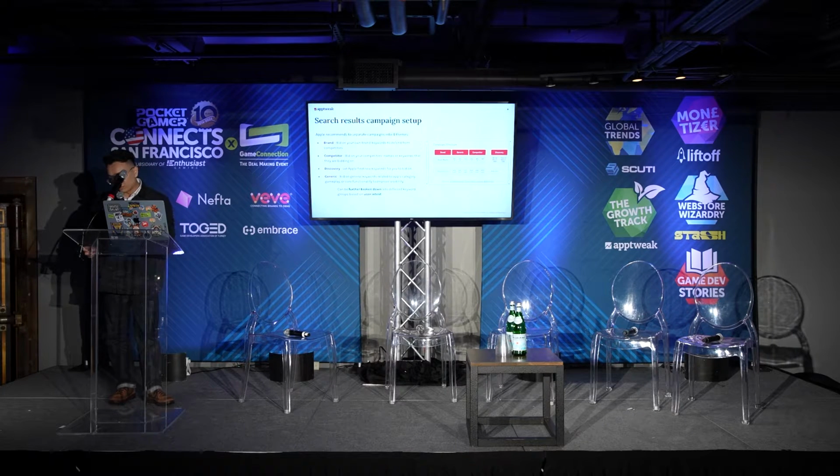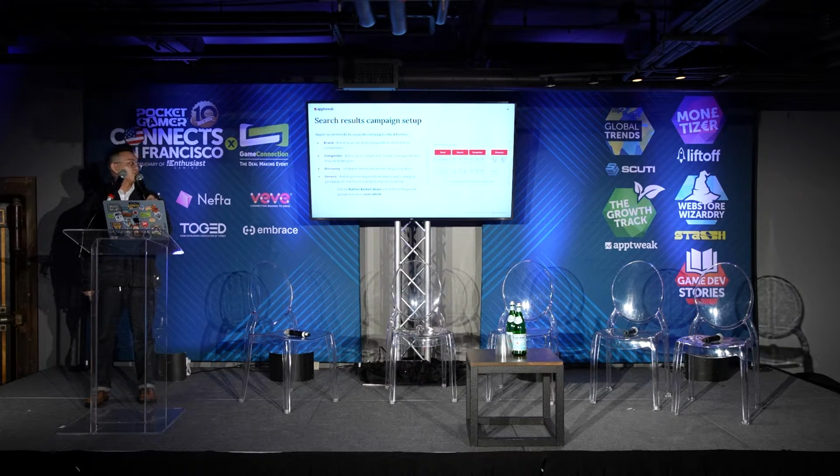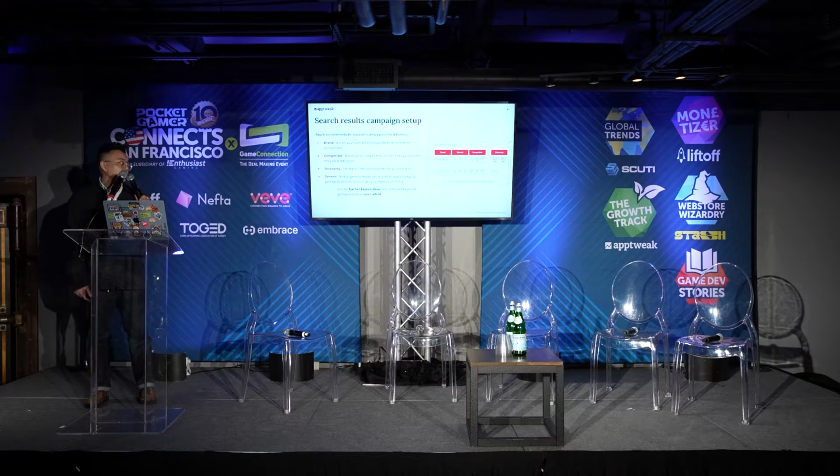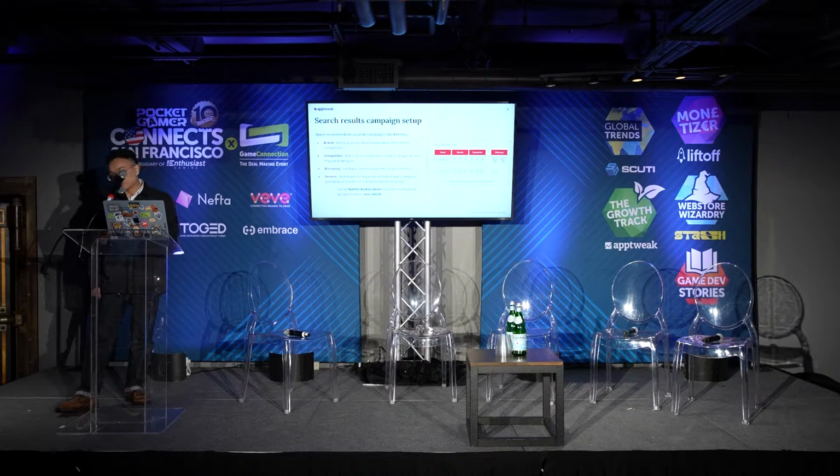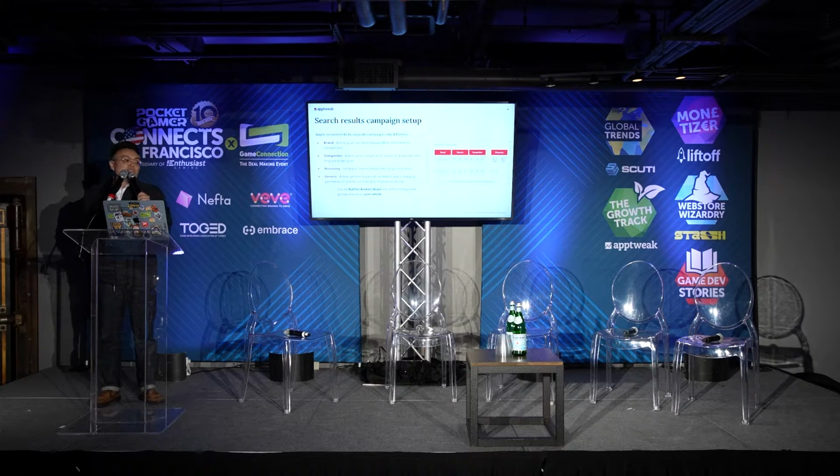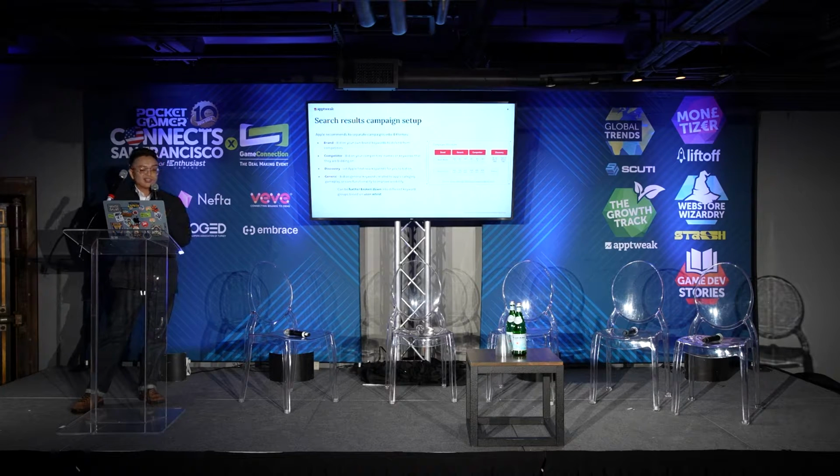So when it comes to setting up search results campaigns, Apple recommends the 4 standard campaign types. So you separate your campaigns based on theme. So you have brand and competitor campaigns, which are pretty straightforward. You have discovery campaigns, which historically has been a way for you to let Apple's algorithm identify new keywords for you to target. But in recent years, with mixed results and the fact that a lot of search ads platforms are starting to release their own keyword recommendations like we do at AppTweak, we find that discovery campaigns are losing a little bit of value these days.